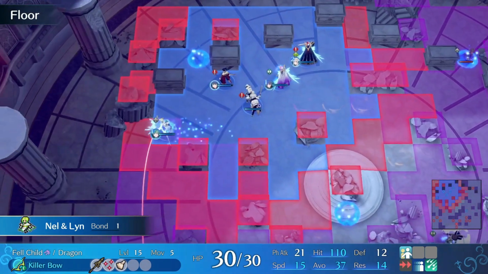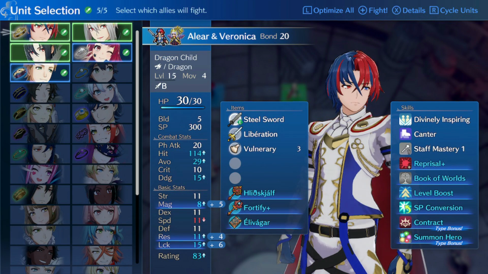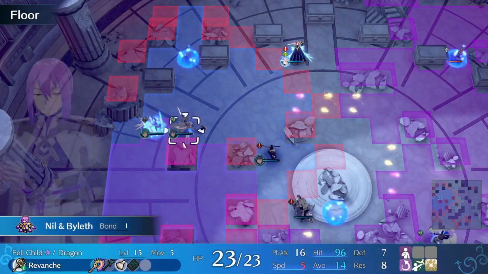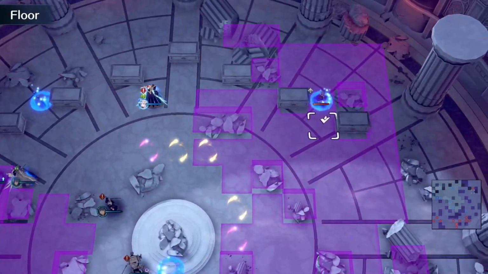Something like Sword Power on Brave Boucheron for his Brave Sword, only for him to be locked to axes in Axe Fighter. Or, as I mentioned previously, my support Allier having Staff Mastery for all those staves that he can't use. It's great. The good news is, if you've been waiting to use some SP to inherit some skills, now's a great time to do so,